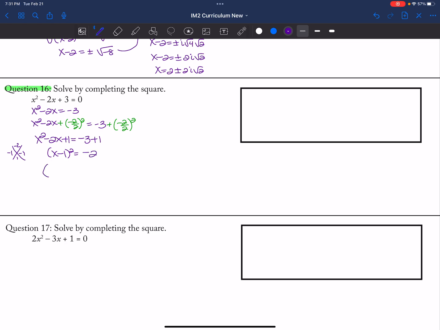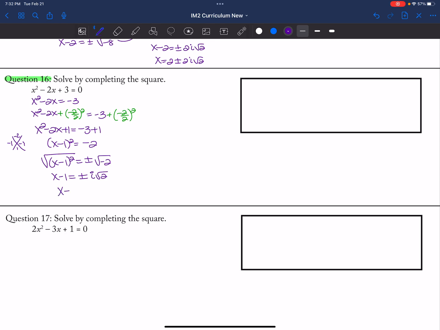And then I square root both sides, plus or minus square root of negative 2. So I have x minus 1 is equal to plus or minus i root 2. And then I don't have to simplify underneath the root. So I add 1 to both sides, 1 plus or minus i root 2. Okay, so now,